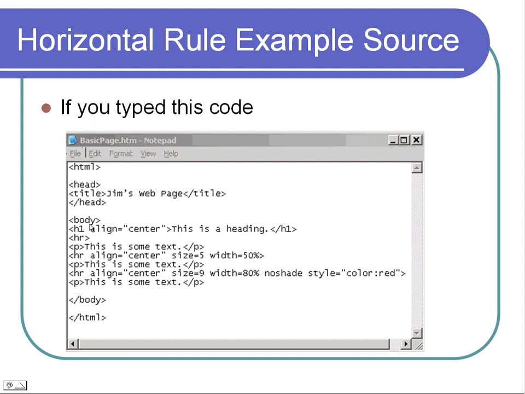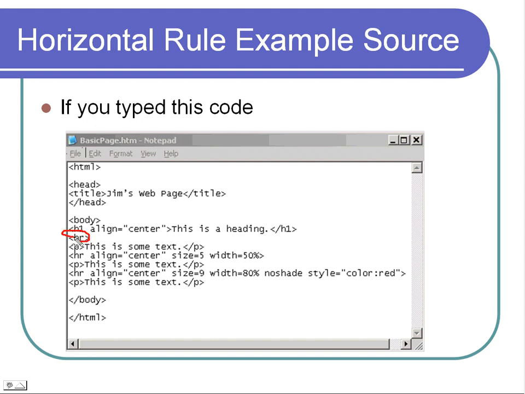Let's see. Inside the body tag, we have a header tag, and this is for a heading. That means headings that are up over the text in the body portion. Okay. It does not have anything to do with this part up here called the head. The heading tag has an align center, and there we have this is a center. This is a heading, and I've done this a few times. Okay, put a paragraph in here with this is some text. Now here's our first horizontal rule right here. Okay,